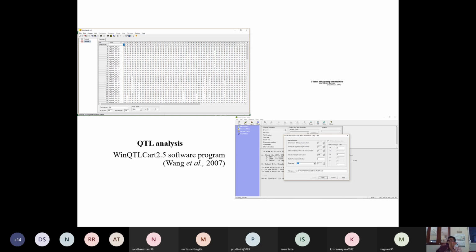This is all up to construction of the linkage map. If we successfully construct the linkage map with evenly distributed markers on the chromosome, then your job in QTL mapping will be a little easier. Unless your map is perfect, you cannot place your QTL. Even if you place the QTL on the chromosome, you may not have enough marker intervals or a fine map, so you cannot do fine mapping.